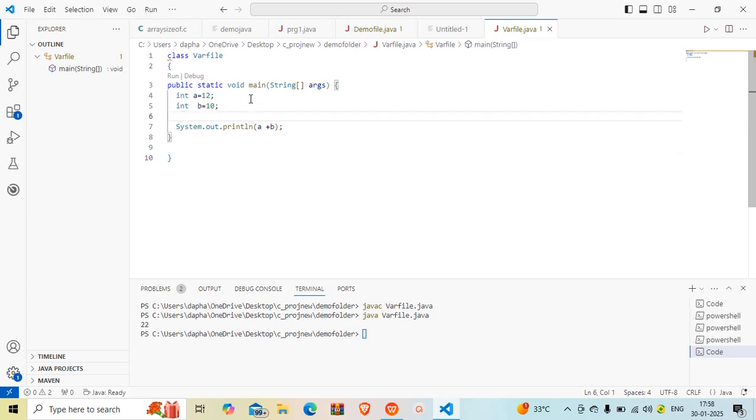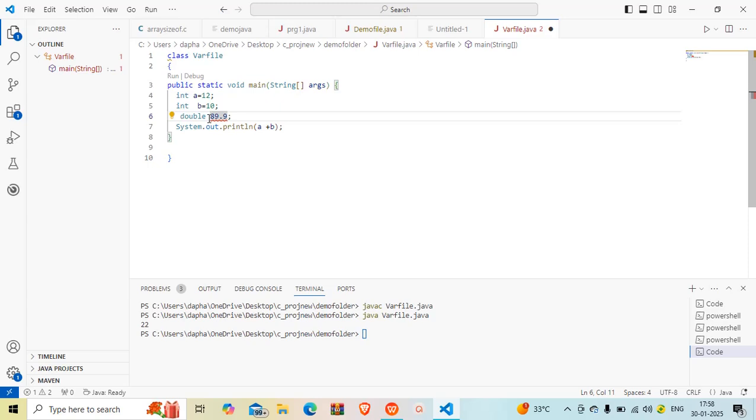Now there are other data types, like I have just shown you, character, then float, double. In Java, for decimal point values we have to take only double data type. If I want to print any value like 89.9, this is a decimal point value, so I have to take double data type here.